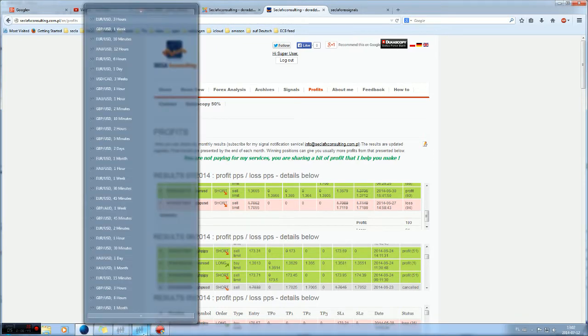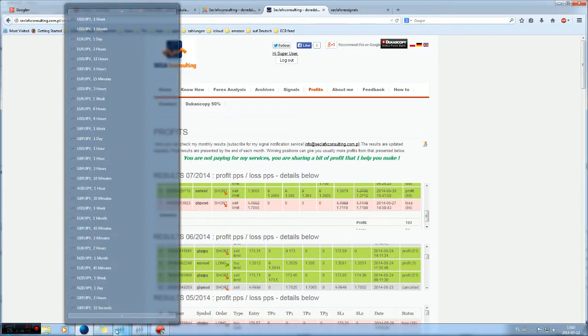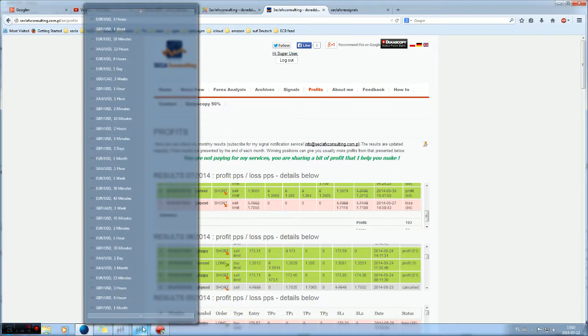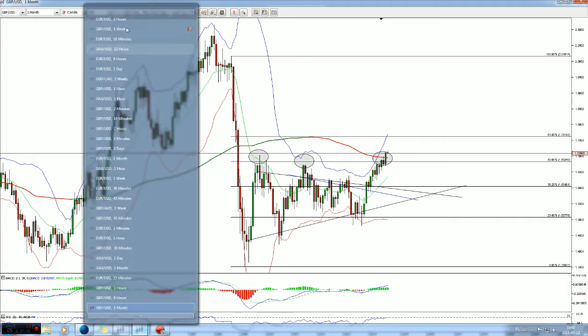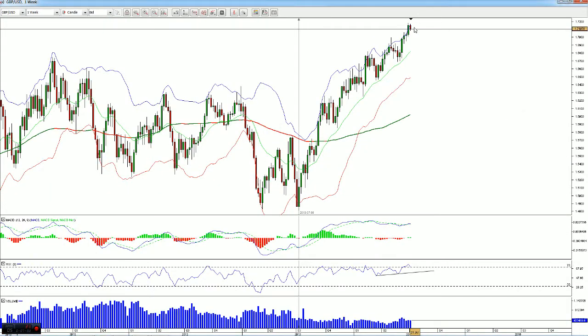Anyway, so this is pretty much the most important stuff regarding Euro USD in my opinion. I would change to Great Britain Pound USD. That's the monthly situation. We broke above this moving average 100, and if you check the weekly, on the weekly, I said this week